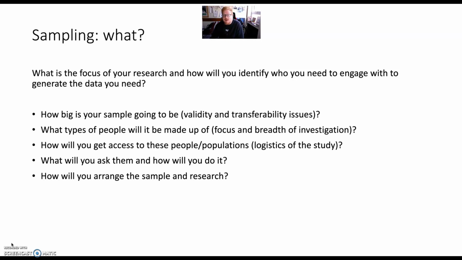So it's back to the question of how big is your sample. And again, you need to think about the issues of validity. So how many people do you talk to to create value in the data that you collect? And at what point do the results that you're seeing become transferable to other locations? And this, again, as we said previously, isn't simple. So more is not necessarily better, but you also have to think about quality, not just